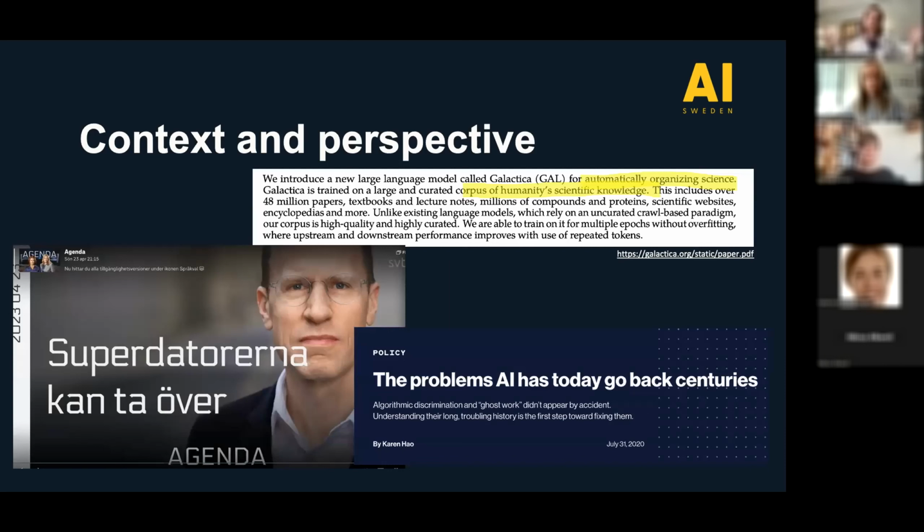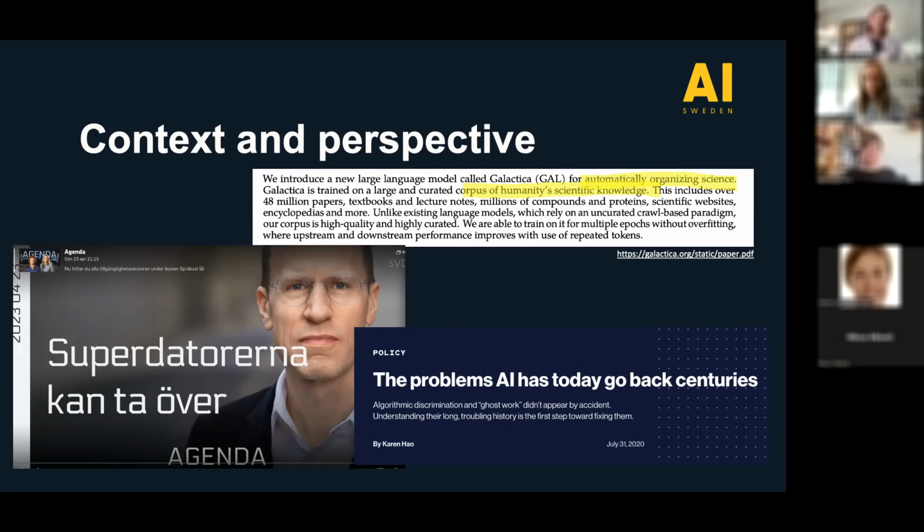Finally, and now we're getting more into the broader picture, I think the arts and humanities really must provide context and perspective to the ongoing debates. For example, sometimes you see claims, such as by the Galactica paper, that this model has been trained on the corpus of humanities scientific knowledge. And I think many people in the humanities would immediately raise a hand here and say, oh, wait a minute, maybe not the whole of humanities knowledge.